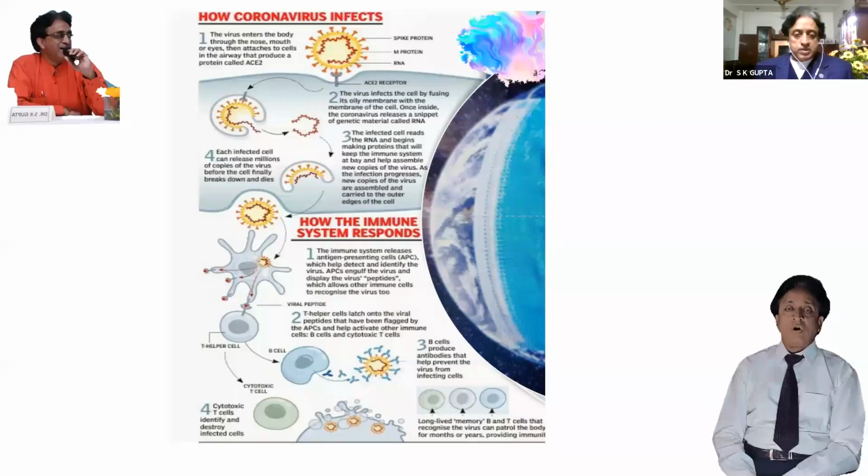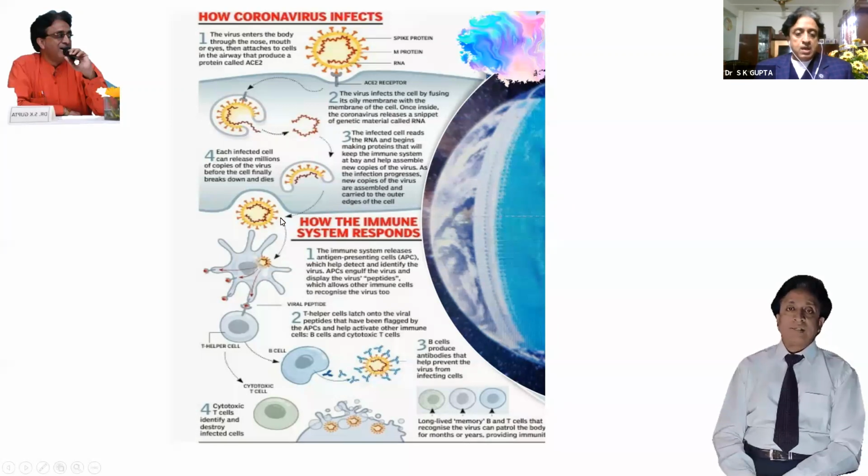Before I go into the details of the vaccine, it is very important to know how the virus enters the body and how our immune system responds to it. As you all know, the virus has a number of spike proteins, and these spike proteins latch upon the ACE2 receptors. And once the virus is inside the cell, it releases mRNA and uses the cell material to form various copies